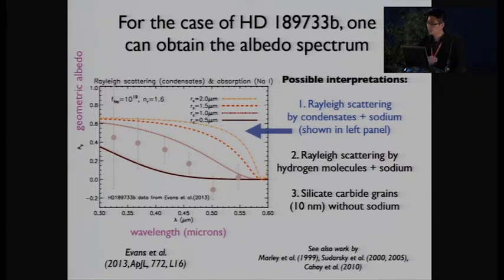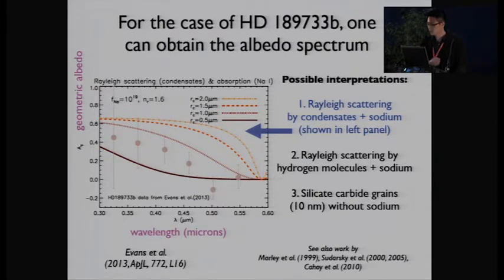And absorption by sodium atoms, which have been observed in HD 189733b in transit. So when you do this, you realize that the theoretical albedo spectrum is extremely sensitive to the size of the scatterers, because the Rayleigh scattering cross-section goes as the 6th power of the radius. So if you know what the sodium abundance is, you could figure out the size of the scatterers, which, you will see towards the end of my talk,